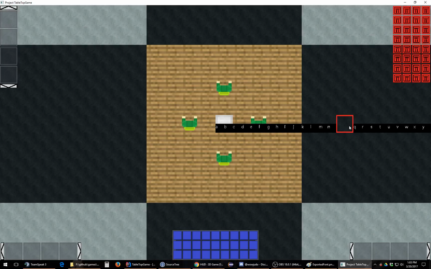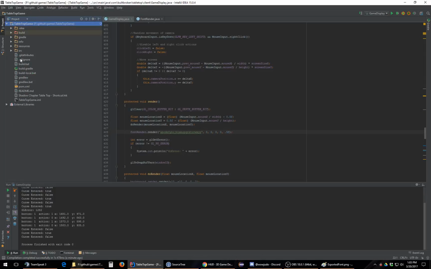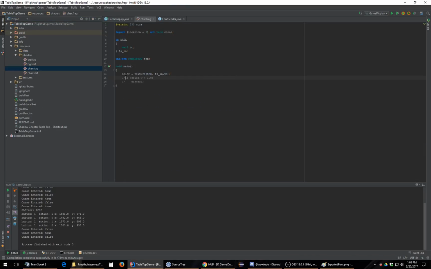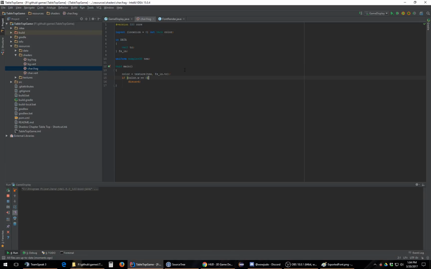I'm going to go play with my shader real quick. Give me like 2 seconds while I change the shader. So, resources, data. I'm slowly learning how these shaders work. The original author of this shader, because I'm pretty much using his shader and haven't changed much, has a discard here. Anytime you have any alpha value, it discards it. But what if I change this to equals 0? Some of my stuff literally does not have a pixel there. So if we run this,